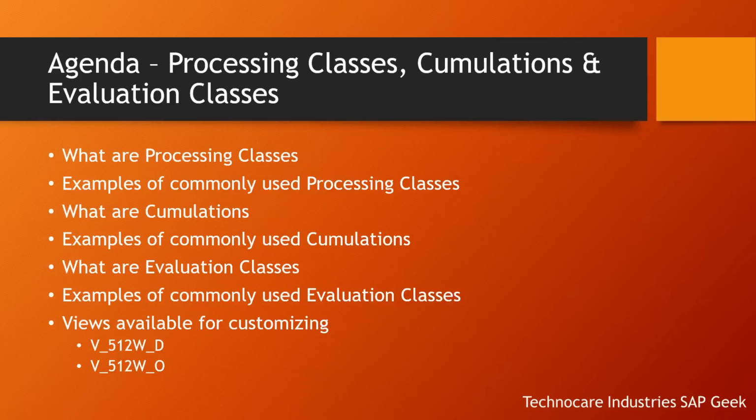And this configuration is very important guys for any implementation, any country, because this configuration will either make or break your payroll implementation project. So it is very important to understand what is the meaning of a processing class for each particular country, what is the meaning of accumulation class, and it is also important to map our correct wage types to correct processing class values or accumulations and evaluation classes.